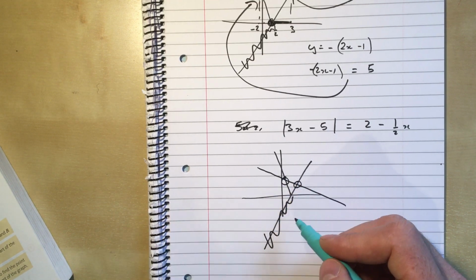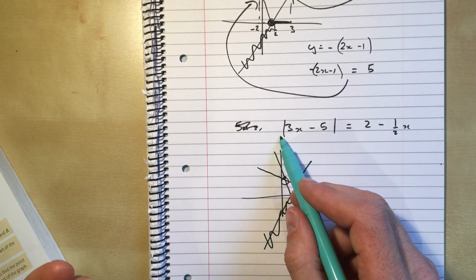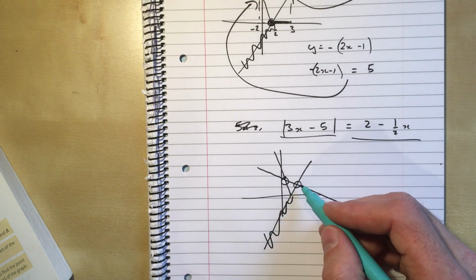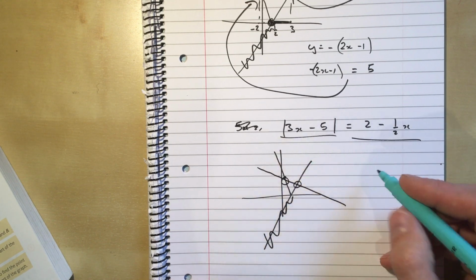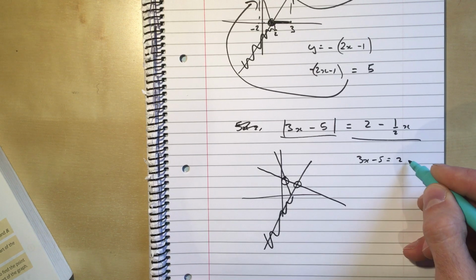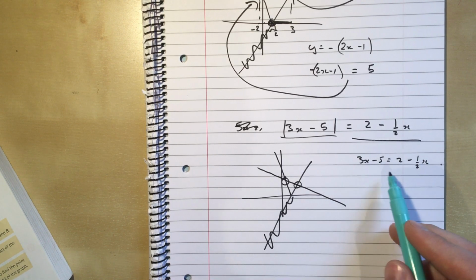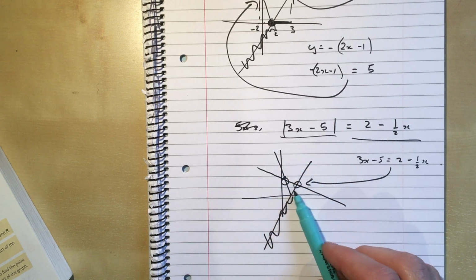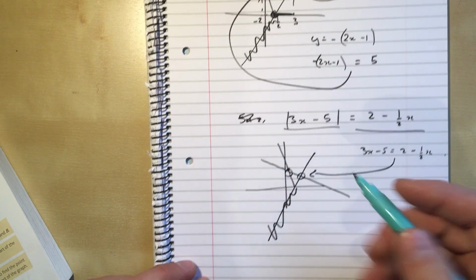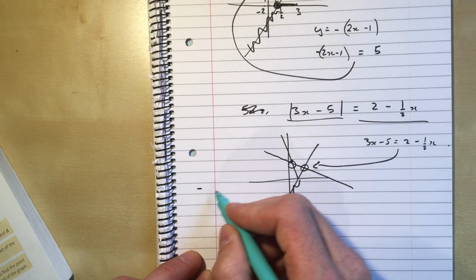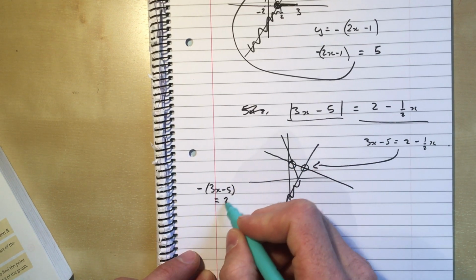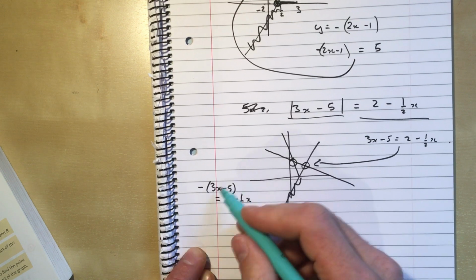I'm looking for these two points because when y equals this and y equals that, where do the graphs cross? That's the solutions. This one here is just 3x minus 5 equals 2 minus a half x. That is going to give me the solution at this point. What about this point here? Again, either use the geometry of the situation, use what you've drawn, use the fact this is a symmetrical V shape and think of something clever, or just say, well, this line here is minus 3x minus 5, and this line here is 2 minus a half x. Put those two things equal to each other,